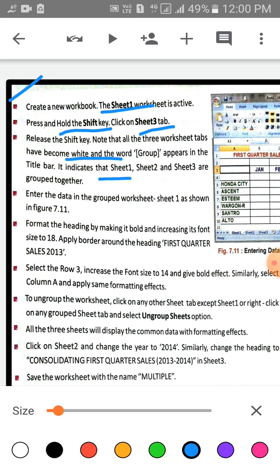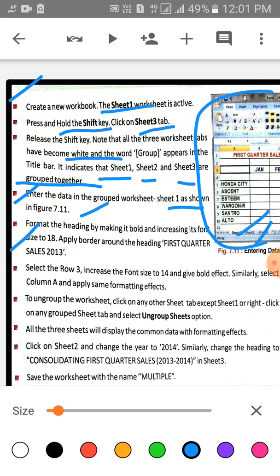It indicates that sheet 1, sheet 2, sheet 3 are grouped together. Enter the data in the grouped worksheet, sheet 1, as shown in figure 7.11.